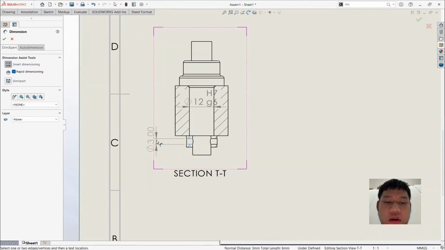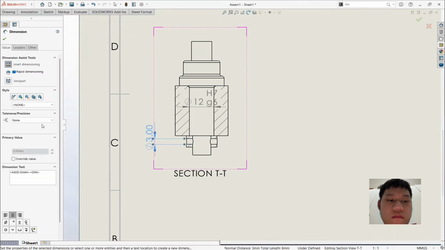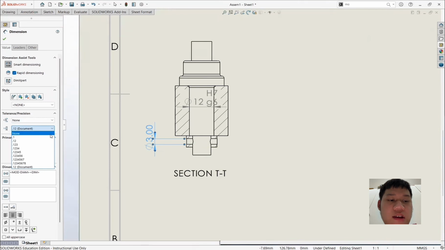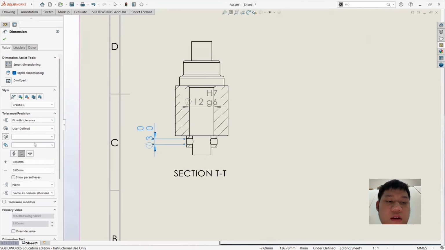Okay, set at 3 diameter. Okay, and set precision to none and tolerance to fit with tolerance and set tolerance at H7 and M6.